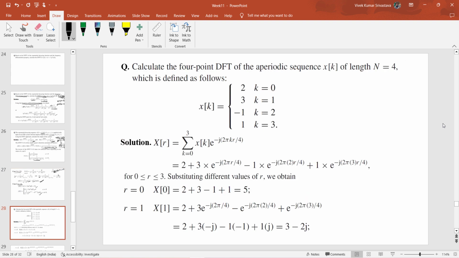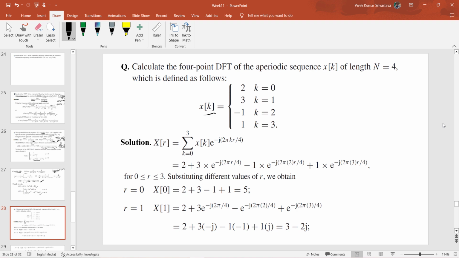So now moving to the next problem. Here we have to calculate the 4-point discrete Fourier transform of a periodic sequence x of k of length N equals 4, which is defined as follows. So x of k is given to us, and corresponding to this x of k we have to evaluate the